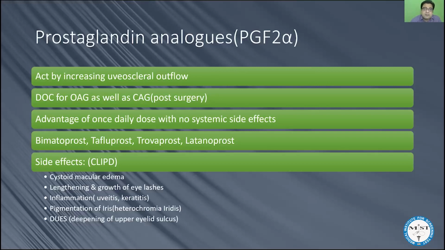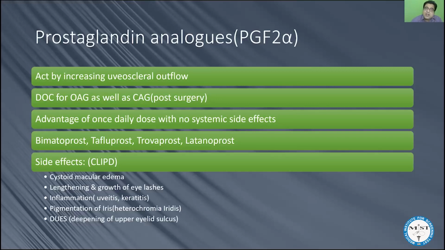Very important side effect, but a reversible side effect. As long as you use these medicines, they will lead to the side effects. Once you stop the medicines, the eyelash changes will be reversed. Now, please remember, whenever we put these eye drops, because of gravity, these eye drops can come onto the skin of the face, right? Because of gravity. Now, these medicines can lead to growth of eyelashes over the facial skin. So that is something cosmetically not acceptable.